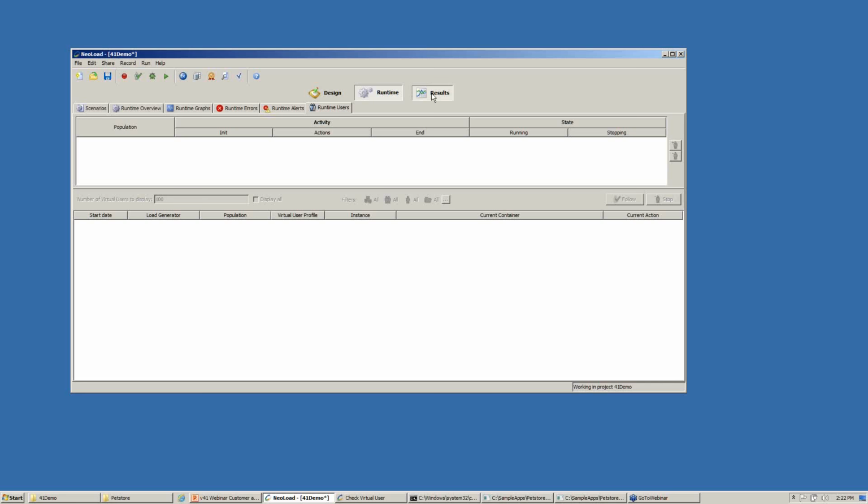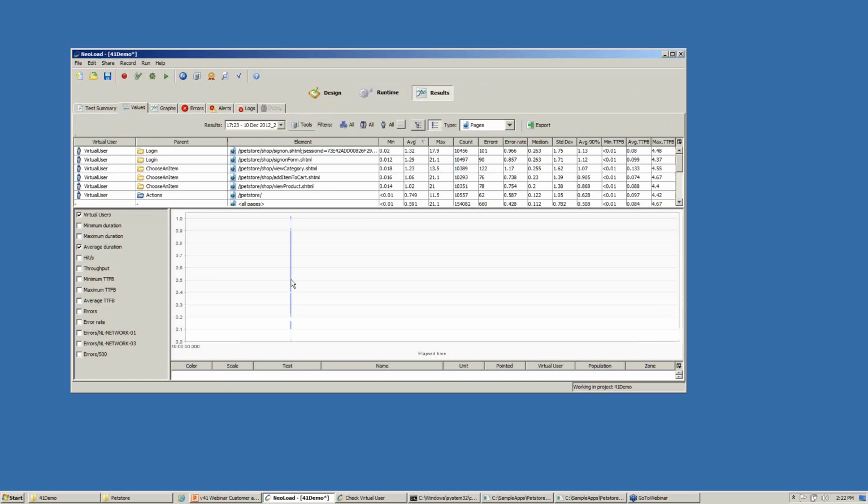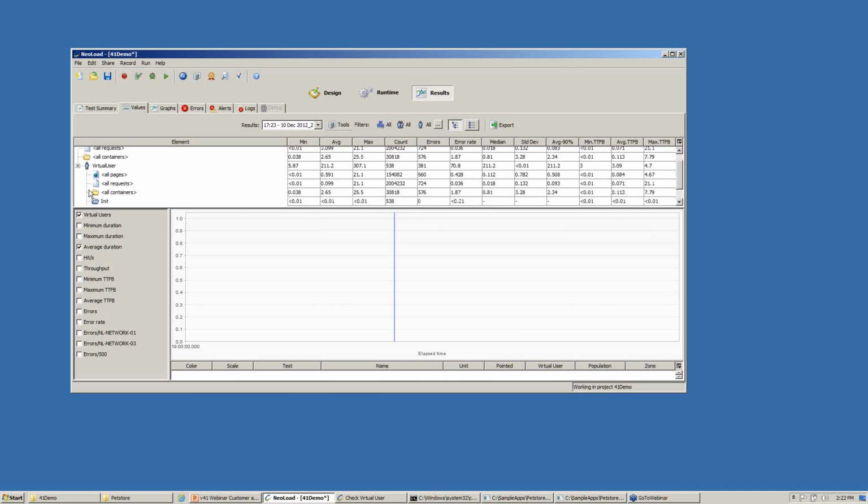On the results side, some things that Jonathan mentioned and I showed you in my slide, one of which is on the Values tab. We now have the ability to structure this data in a more readable format. So this should look familiar to you. This is all the elements that we collect, all the data for all the elements as collected during a run test, but it's very tabular. We now have this new tree view structure so that I can analyze my results in a little bit more